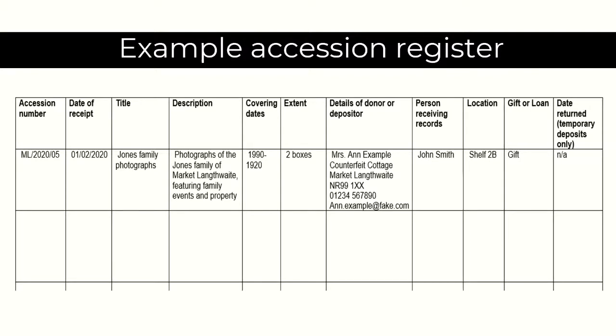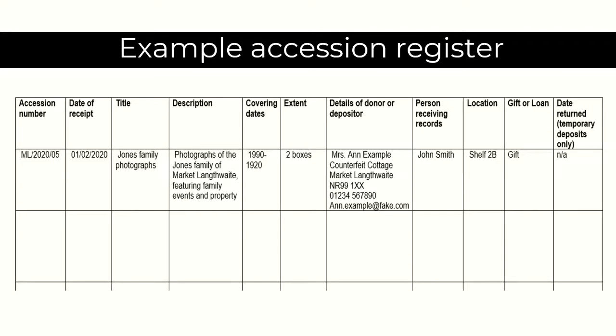An accession register records much of the information collected in your accession form, starting with the unique reference number of the item or collection of items. In this example, we can see it is for the 5th collection received by Market Lengthwaite in 2020. The accession number is different to the catalogue reference, which individual items will be assigned when you get to the